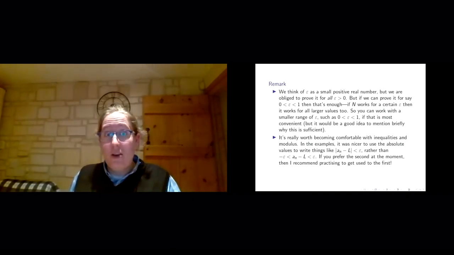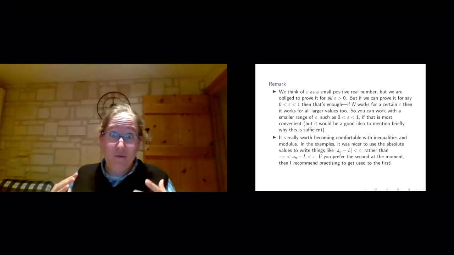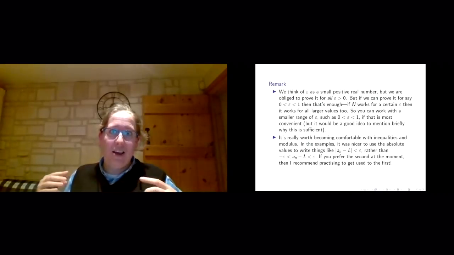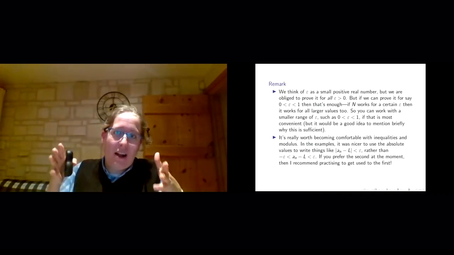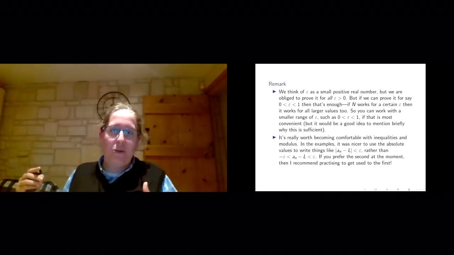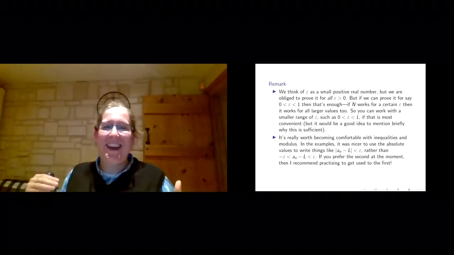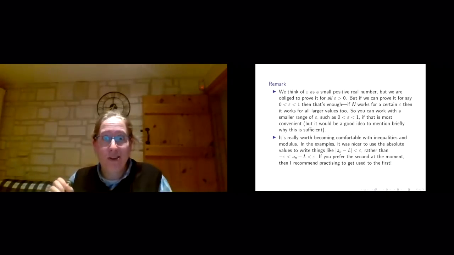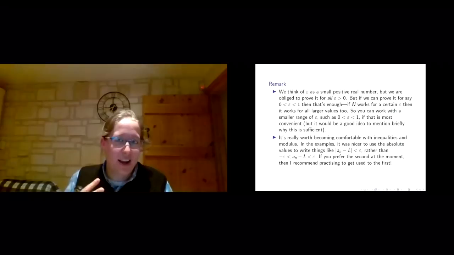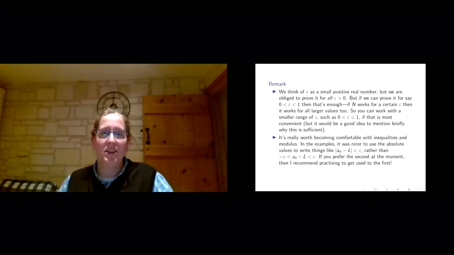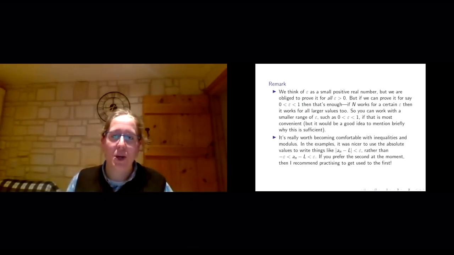I was doing everything here using modulus signs and inequalities, and I really recommend getting comfortable doing that too, because it's much more efficient typically than writing things out. So writing modulus of an minus l is strictly less than epsilon is nicer than saying minus epsilon is less than an minus l is less than epsilon, or even l minus epsilon is less than an is less than l plus epsilon. Sometimes we will write it out using a pair of inequalities that way. Mostly it's nicer with the modulus signs, and the triangle inequality and all of those things will come into play. If you don't feel so comfortable with the modulus signs and inequalities, then I encourage you to make a conscious effort to practice using those so that you become comfortable with them too.